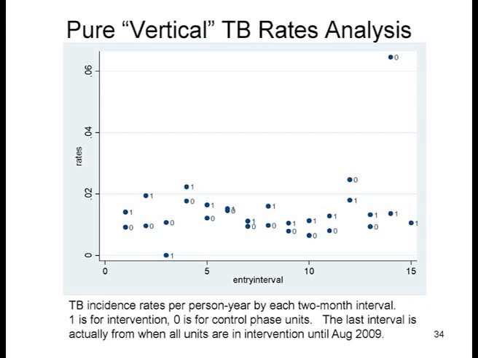Anyway, as we see, 1 was for intervention, 0 for control. Almost every 2-month step, actually the intervention clinics had higher rates than the control clinics. 1, 0, 1, 0, 0, 1 the other way, 1, 0, 1, 0, 1, 0, 1, 0. It looks like the intervention is hurting. But what we think is happening is just, we intervene in those clinics and pay more attention to TB, it's getting diagnosed more. Okay, just in the first 2 months. It's impossible to really have any effect. But it's the kind of thing you would expect to happen, that they're finding a little bit more TB there.